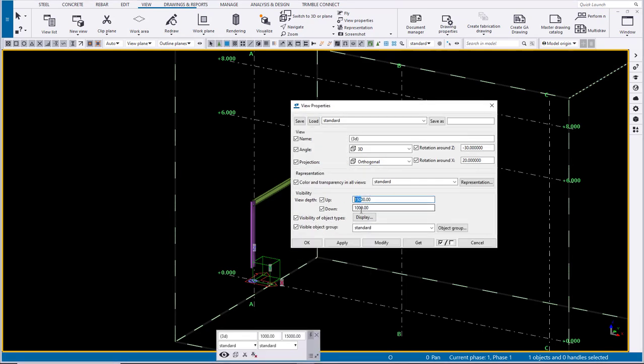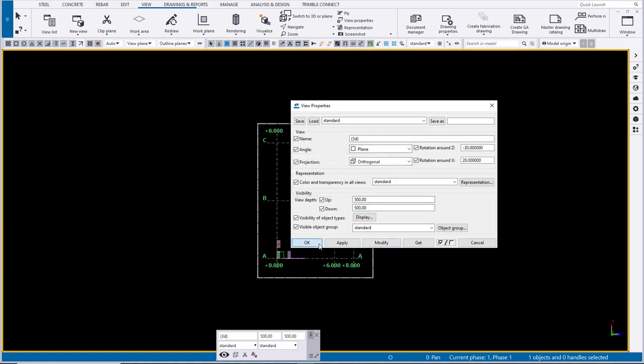I will change this dip up and dip down to 500, and I change the angle from 3D to plane. Click modify. Okay,